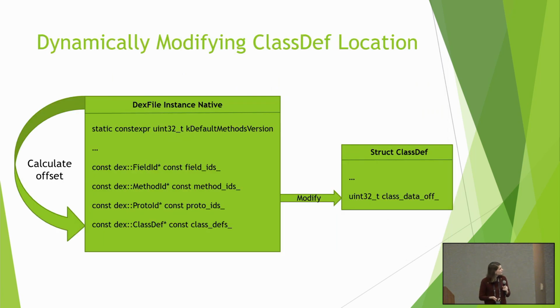This is taking an even closer look at another option of what we can do once we've actually hooked this target method. So this is our dex file, but this is the native C++ version of that dex file object. So this has all of the associated pointers and data that is connected to this particular dex file. So what we want to do here is we want to use some cool pointer math to actually calculate the offset to the field that we want to modify. In this case, we're looking at the class def field that we want to actually modify and change the data